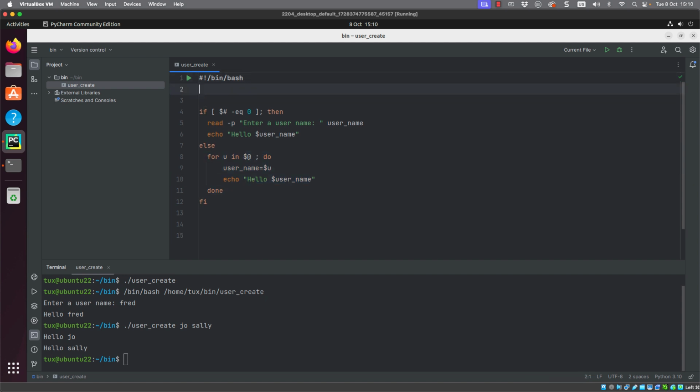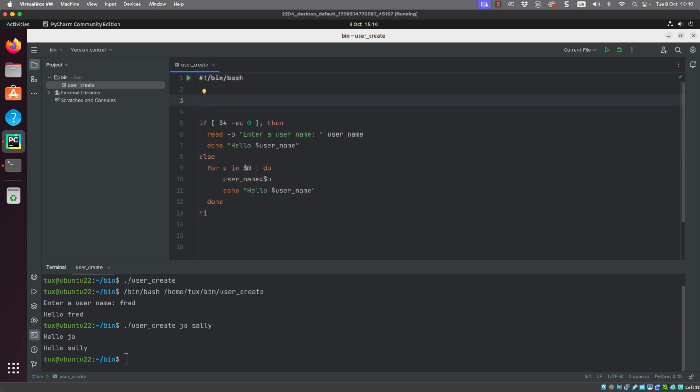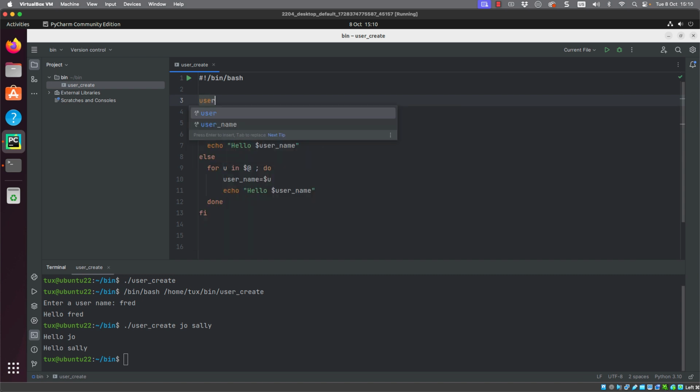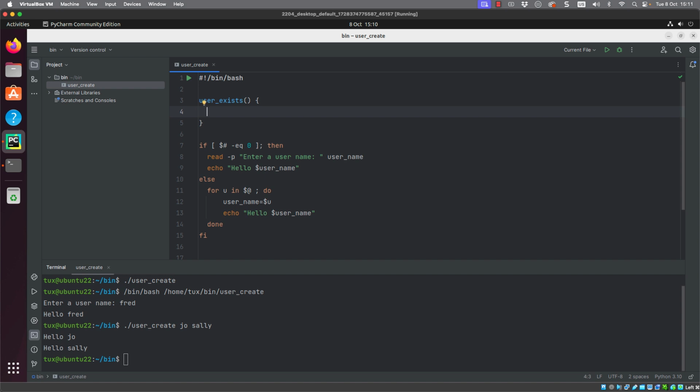So to cater for this, rather than writing the code in 2 places, we can encapsulate the code within a function. So I can just define my function name. I'm going to call it user_exists. We put our parentheses after that, and then our brace brackets. So I'm inside of the brace brackets now. It's the brace brackets that encapsulate my code, the code that we can repeatedly run when we execute the function.